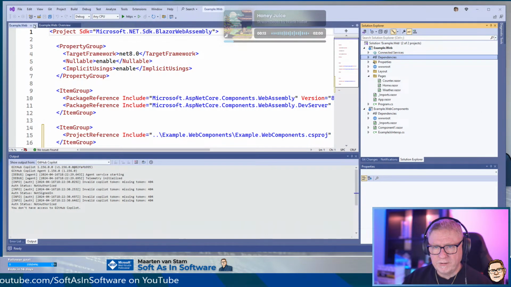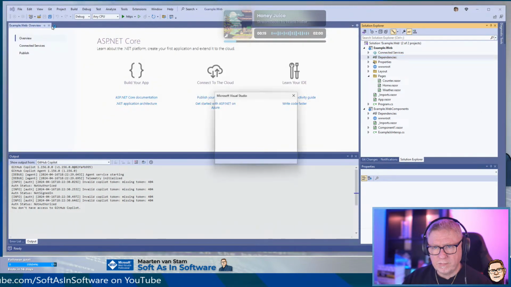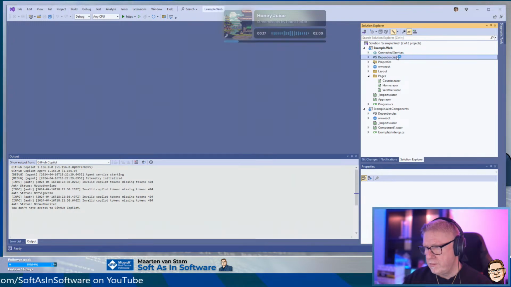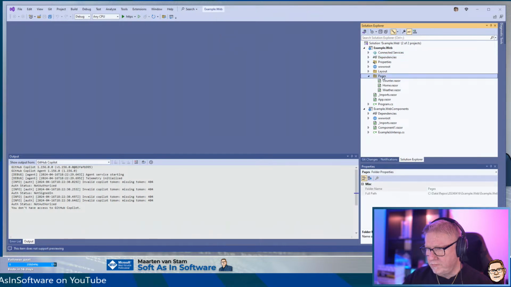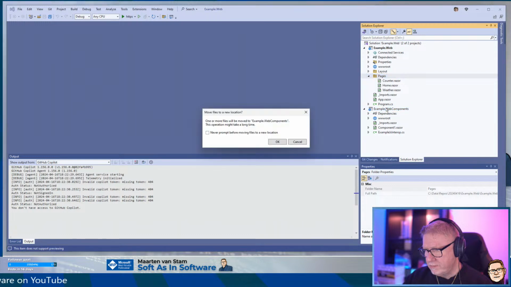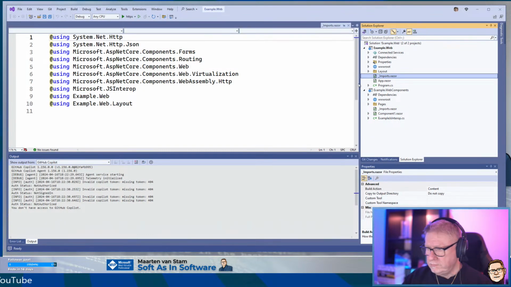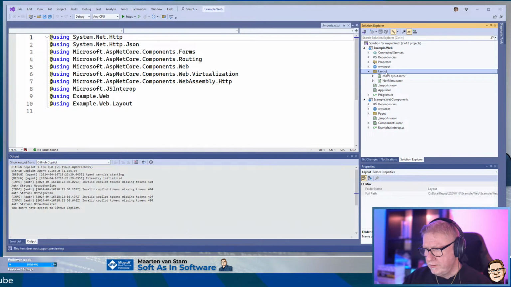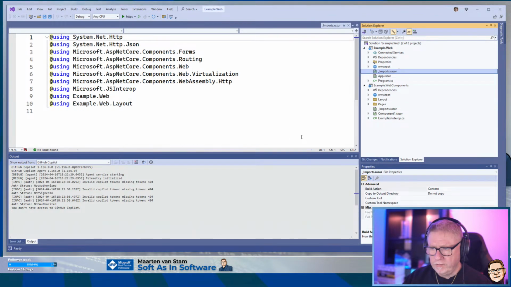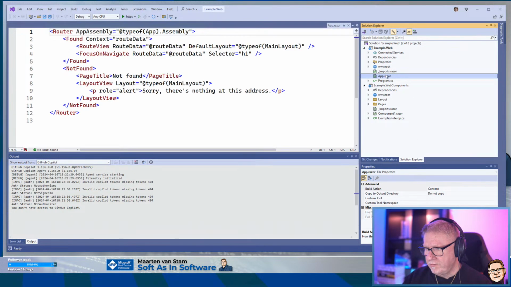Let's close that. Now let's move the pages to the web components. And also the layout, to the root of the web components. And we want to move the app Razor file